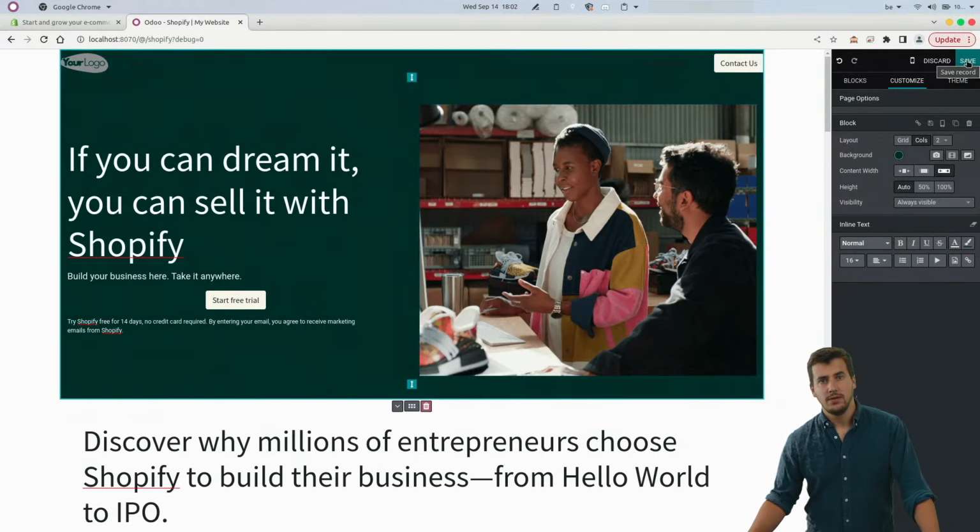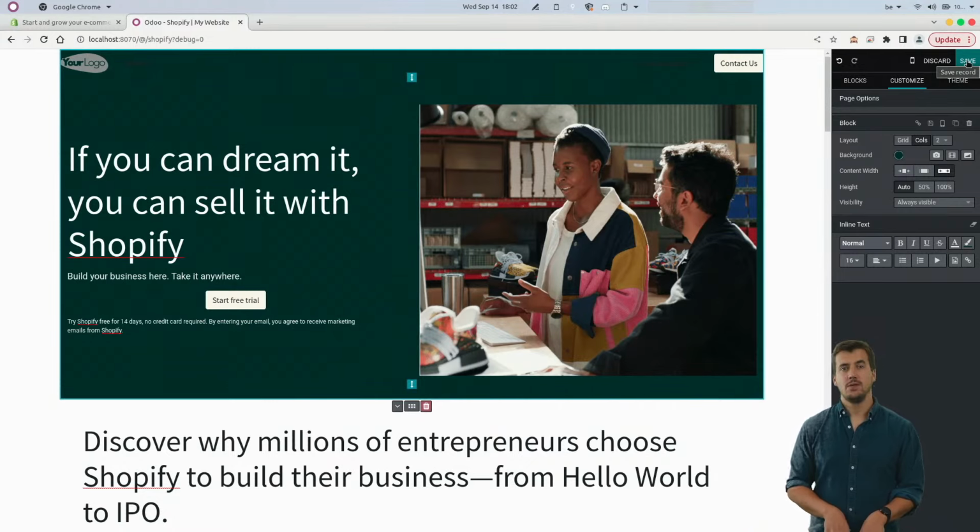So as a reminder, we decided to focus on Shopify because we really would love to migrate e-commerce from Shopify to Odoo. We believe that the users will gain a lot from it. Well,